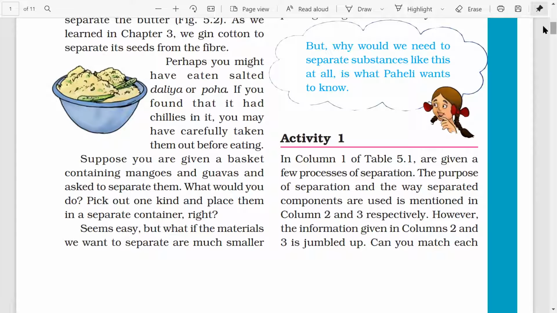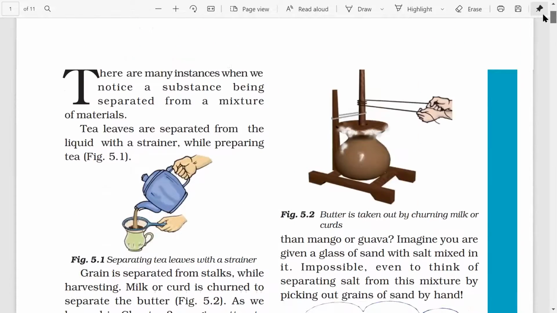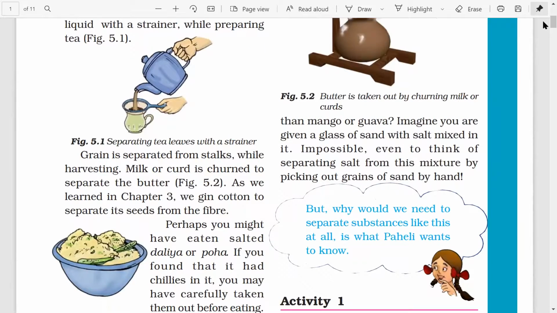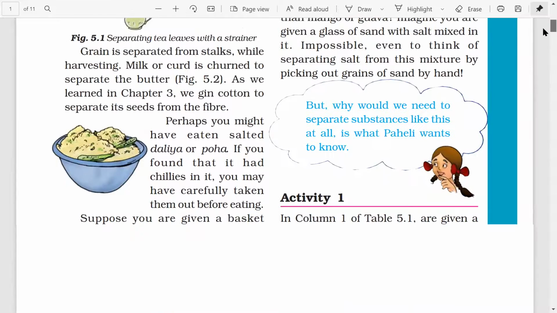Seems easy, but what if the materials you want to separate are much smaller than the mango or guava? Imagine you are given a glass of sand with salt mixed in it. Impossible, even to think of separating salt from this mixture by picking out grains of sand by hand.